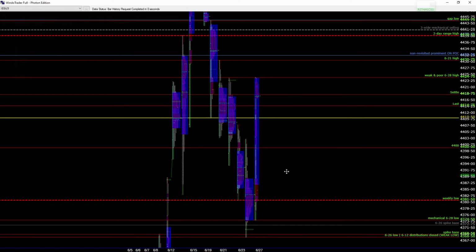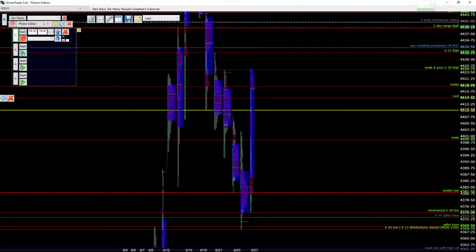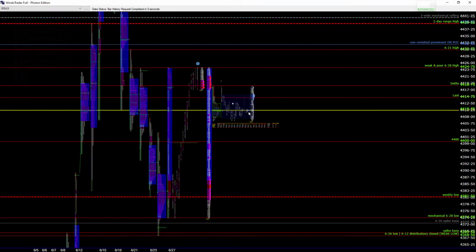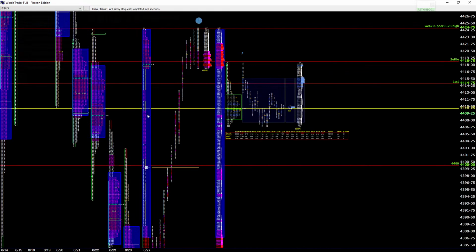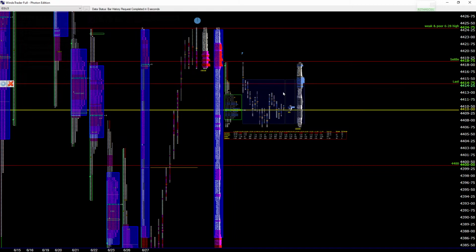I hope this helps for tomorrow. Let's see what's happening right now in this market. There's some removal, some rebalancing of this inventory. One, two, three distributions have been closed. Getting inside this distribution targets the lower side in this intraday. The market has been sold from settled. Inventory is 100% short on this overnight.